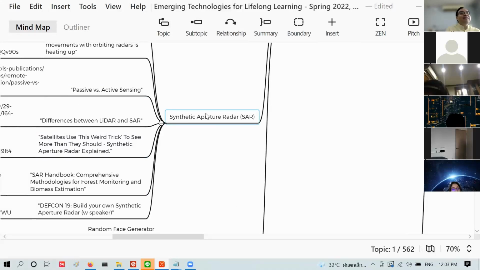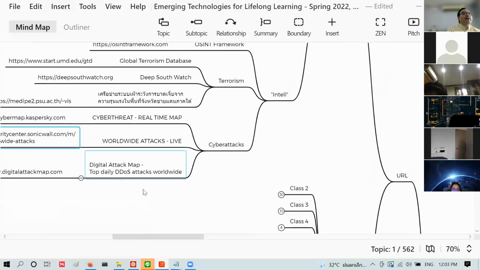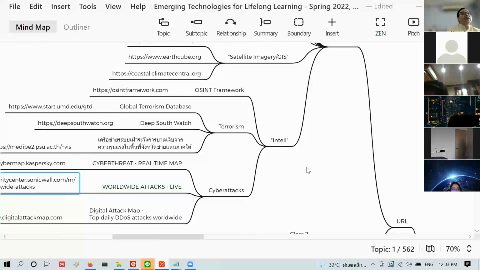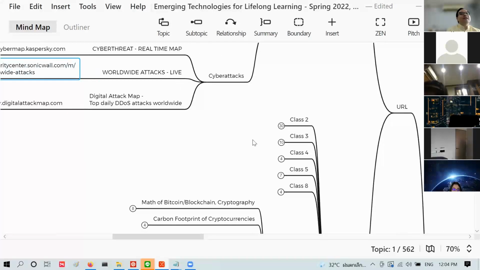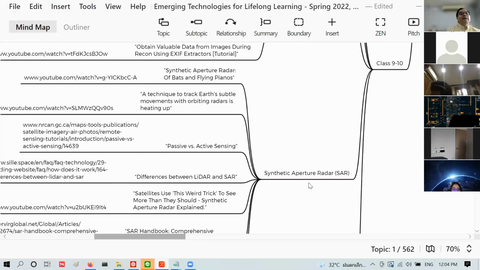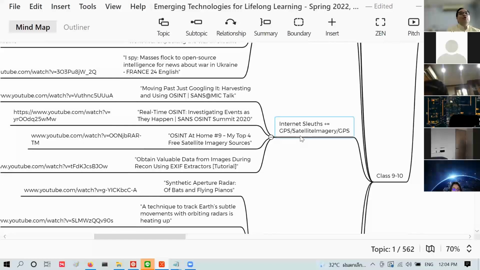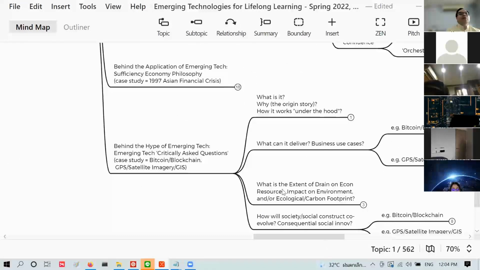Again, this is something that was active and mature soon after World War II, but now it's available to everyone. Basically, if you go to the NASA site and so on, you can see. I put all this in separate places. This is resource, meaning that you get information from them. This is topic knowledge about synthetic aperture radar. This is about what people are doing. And this basically is this story here: how will society evolve with this technology?